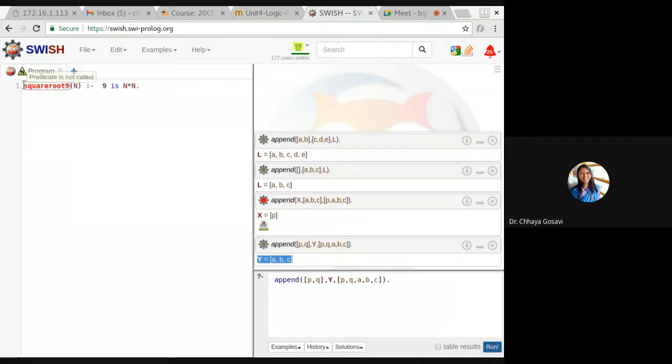Let me show you here. Instead of append, I just write append 1. So you should not get confused with whether we are using the inbuilt function. Append 1 is a recursive call. So here I am taking append 1.